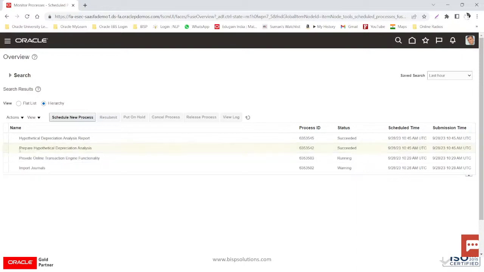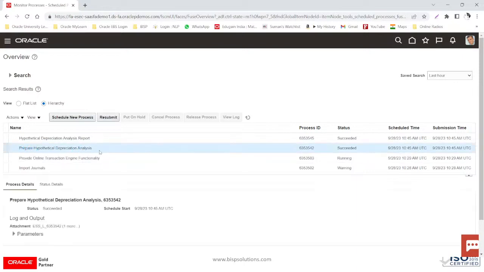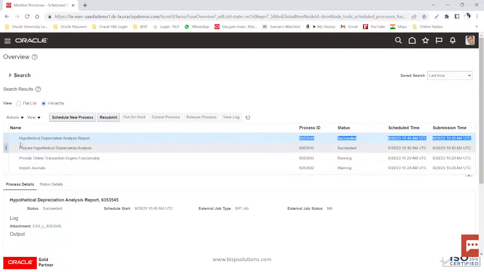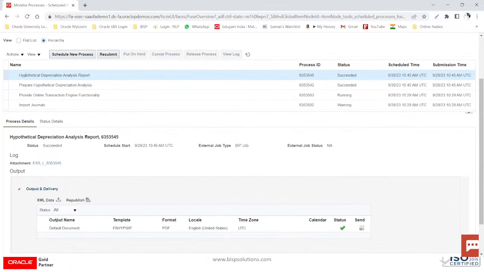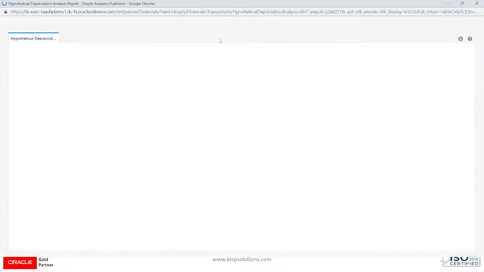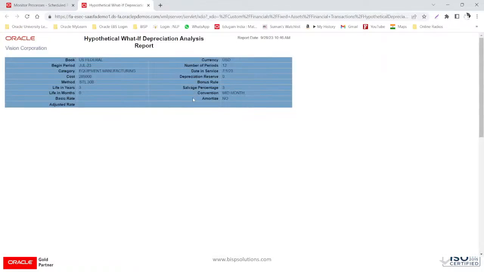First it will prepare the hypothetical depreciation analysis, so it gets succeeded. Then it will run the hypothetical depreciation analysis report, right? So let's select that, and we will view the output of the analysis. Let's republish that. Export to, I will see through HTML. You can download in PDF. So you can see